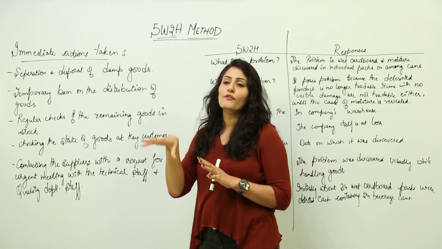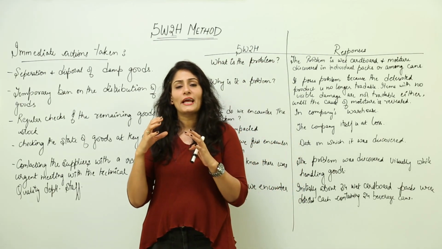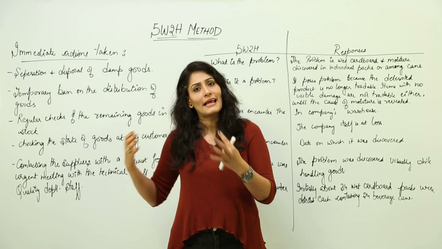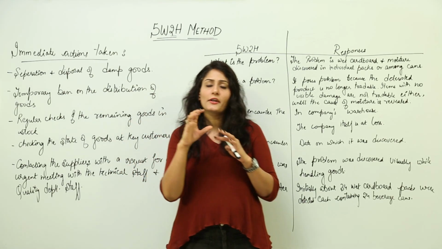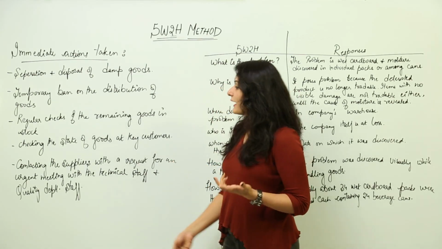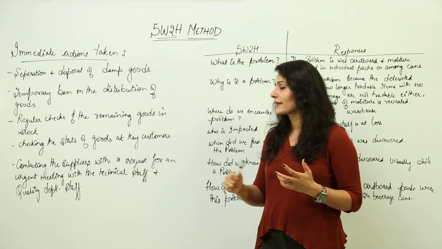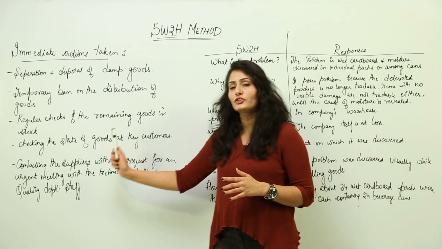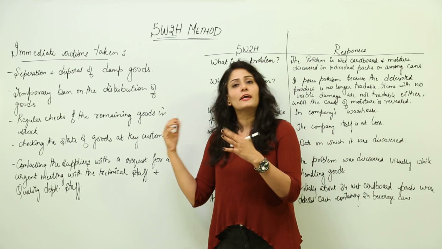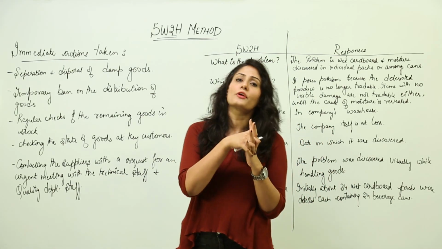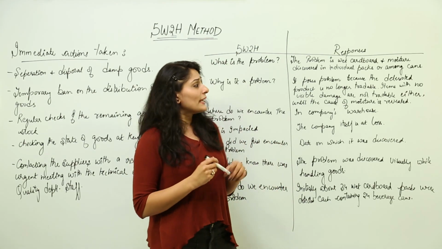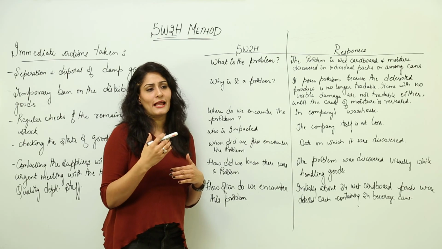Now this step was also very essential, so that they could check whether the batches prior to this batch are also defective or showing any such problems, so that they can reach out to the actual problem lying beneath. And then they took the last step, that is contacting the suppliers with a request for an urgent meeting with the technical staff and the quality department staff. Obviously their collaboration was essential to find out the root cause of why this liquid is oozing out of the cans.